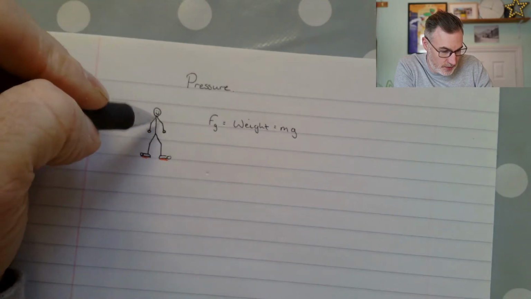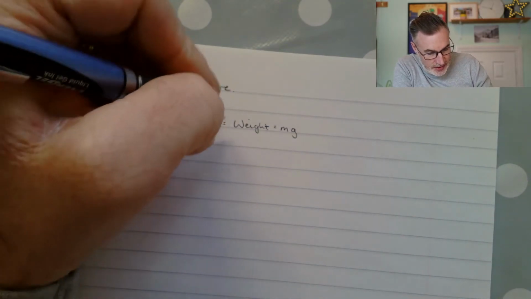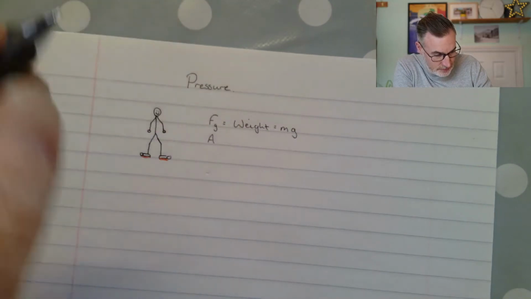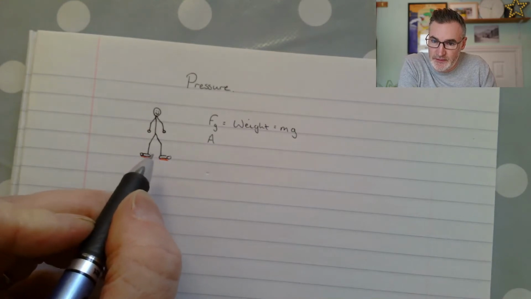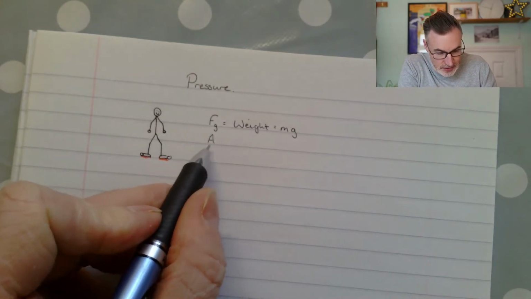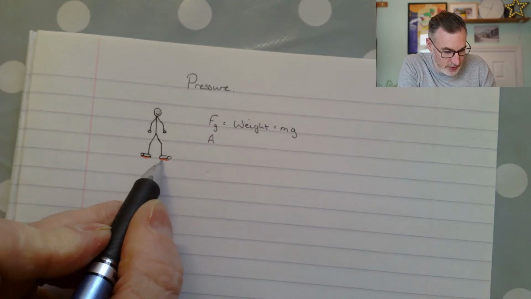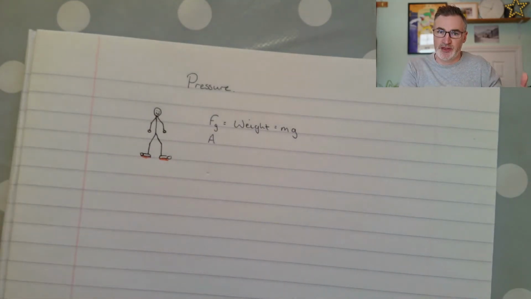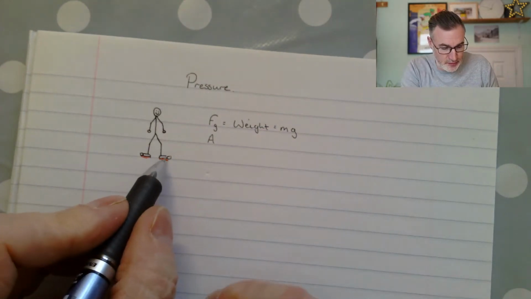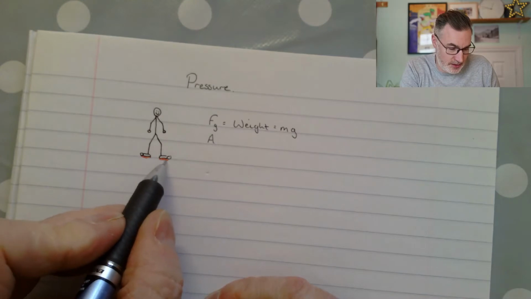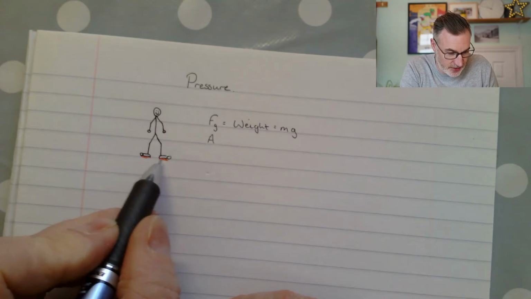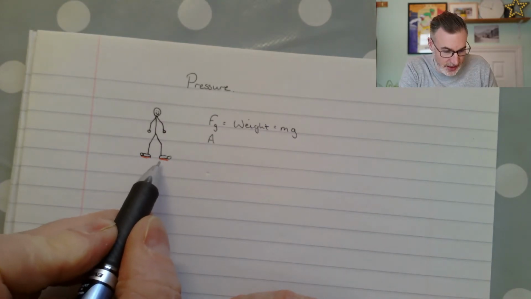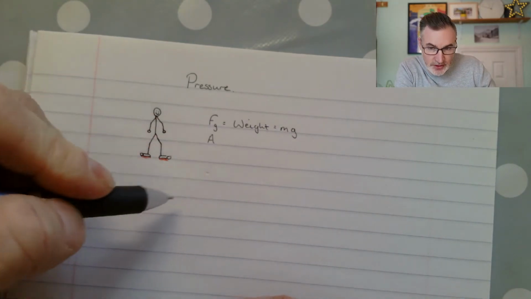And so we would have there the area, and the area is going to be the contact that they make with the floor. So the surface area in contact with the floor would change, first of all, depending on what type of shoes you're wearing. If you can imagine that our person here is wearing trainers or sneakers, so you can sneak around, then we would have a fairly broad foot-shaped